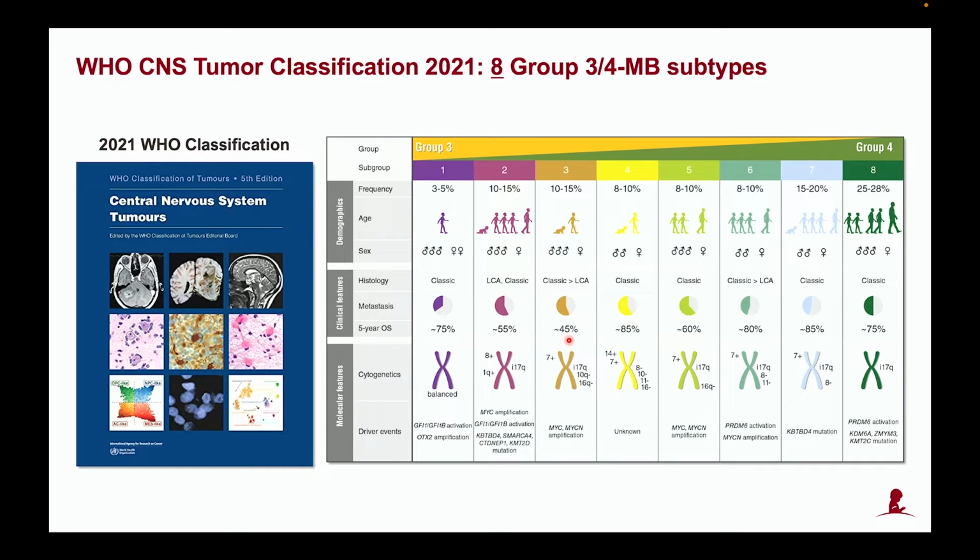And this led to an update in the more recent iteration of the WHO, which was launched in 2021, now recognizing the 8 distinct subtypes of groups 3 and 4 as defined by DNA methylation profiling. They have somewhat divergent demographics, clinical features, and genetics that I won't get into in great detail, but we were at least fortunate that the WHO was willing to recognize these and believe there is some clinical utility to their diagnosis. And so all of that insight was extracted from bulk molecular profiling, but we've been part of a revolution